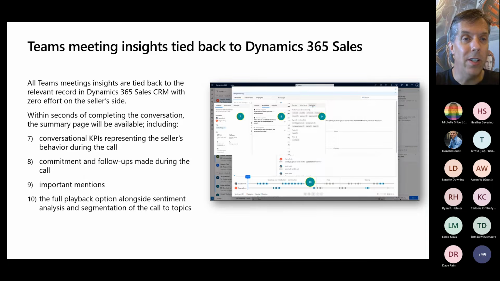But if you schedule a Teams meeting, not through the marketing module, but just schedule a Teams meeting and you join it from clicking on that record inside of Dynamics to log on to your Teams meeting, it will actually record that entire meeting that was scheduled, not just a phone call, but an entire meeting of whoever was there, and the transcript of that and all the things that were mentioned and conversational APIs and commitments and follow-ups and all that kind of stuff, and recorded and ready to play it back. So not just the outbound phone call, but actual scheduled meetings with as many participants as join can be tied into this as well.